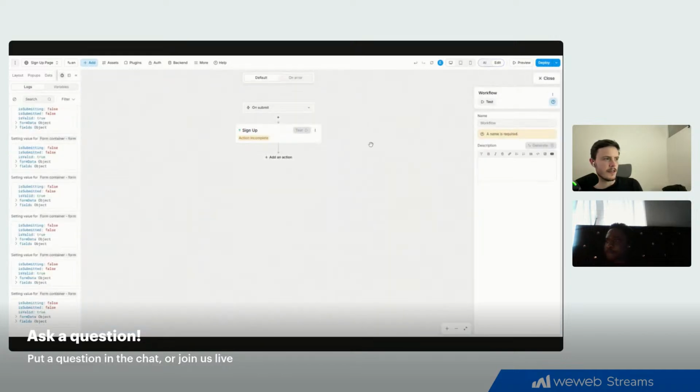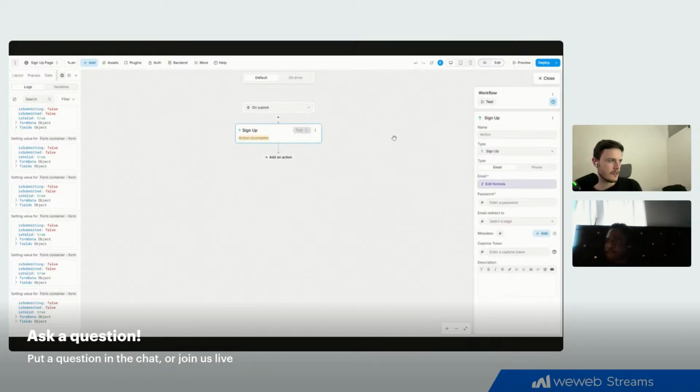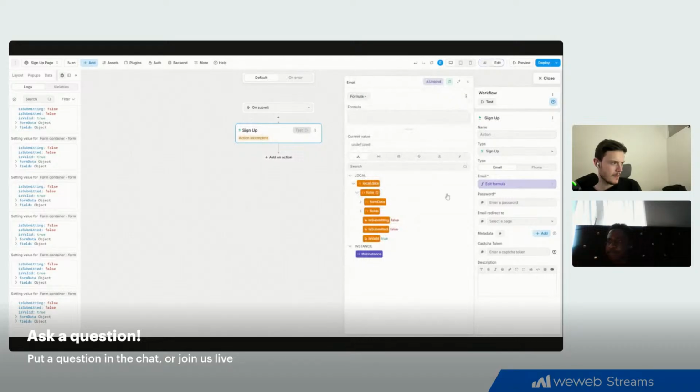And now if you again click on that sign up action, we can go back to defining what we wanted to pass into everything. So if you open up that email binding we had on the right, you see the way it's in purple? That means you have it bound to a dynamic value. Yeah. So if you click on that, and now inside of this menu, if you open up that second tab again,